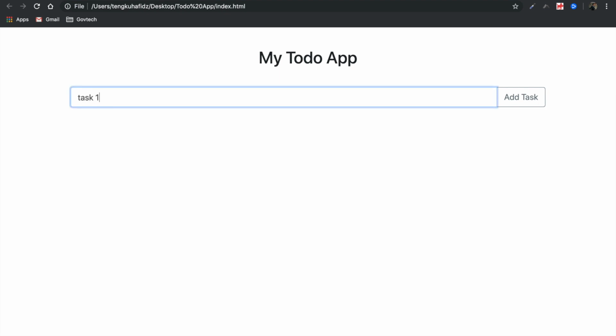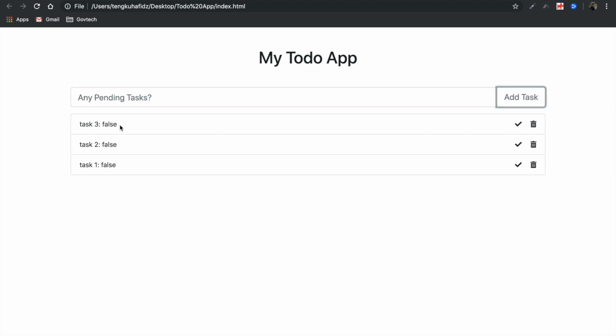Task 1, task 2, task 3. So by default, these are the task name or to-do name, and this is the is done property, all of which defaulted to false, and when we click this button, it should change into true. Means it's done, means the thing is actually done. So since it's actually now true,